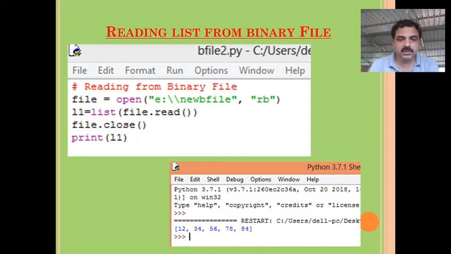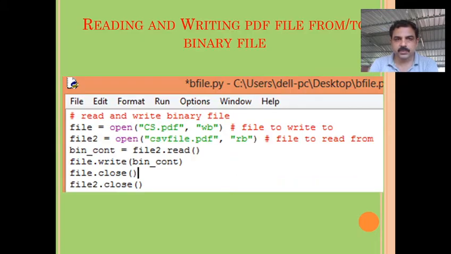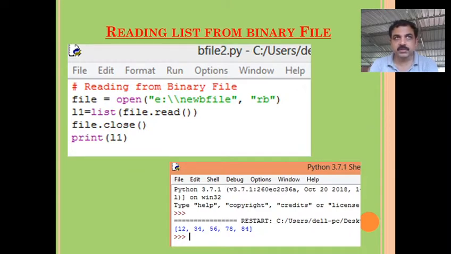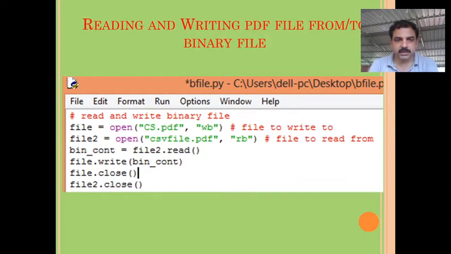Since the data is stored in binary form, conversion is required here, right? Normally these binary files are used for transferring non-text files. Let us see some examples. Here there is an example for reading and writing a PDF file from and to a binary file. That means from one file to another. How can we transfer the PDF file? Okay, so you see here,